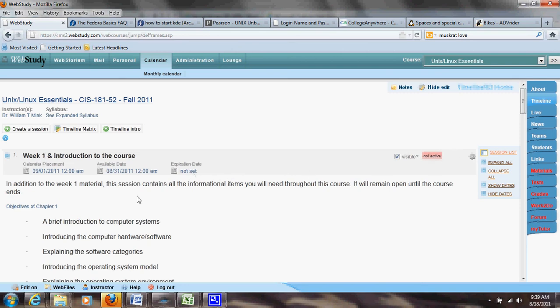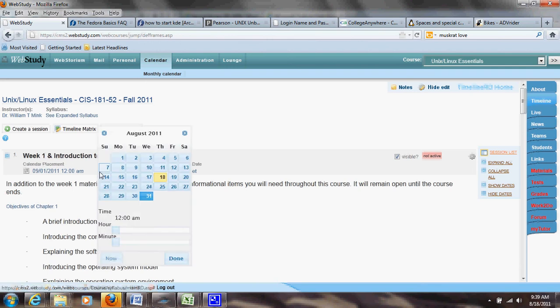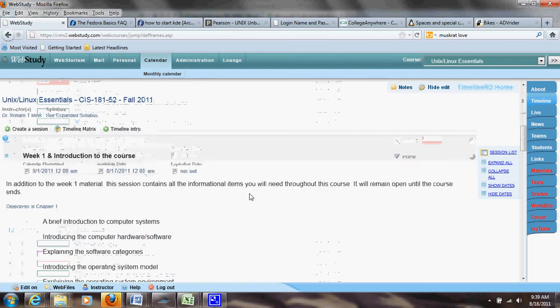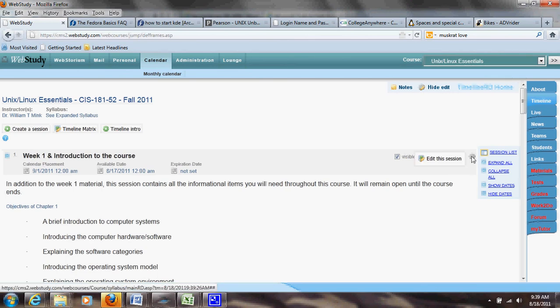So for example, let's change the availability date from 8:31 at noon, or 12 a.m., to yesterday, and hit done. Now you've got to refresh your screen. You can do that by simply selecting timeline, and notice not active is no longer visible, but that is not a button. To edit the session, there's no longer an edit button. There's this little gear, I guess you'd call it, and